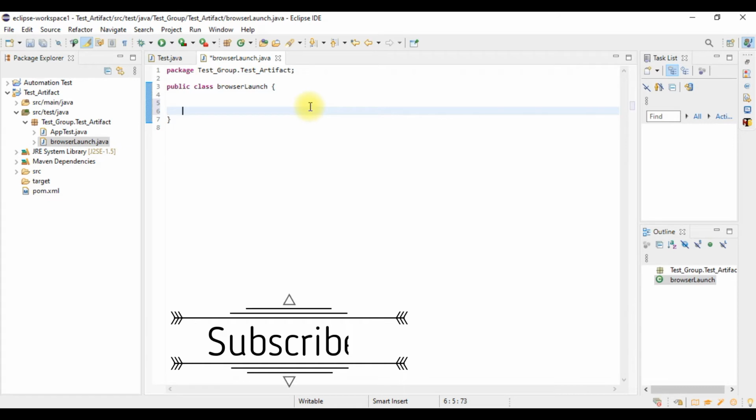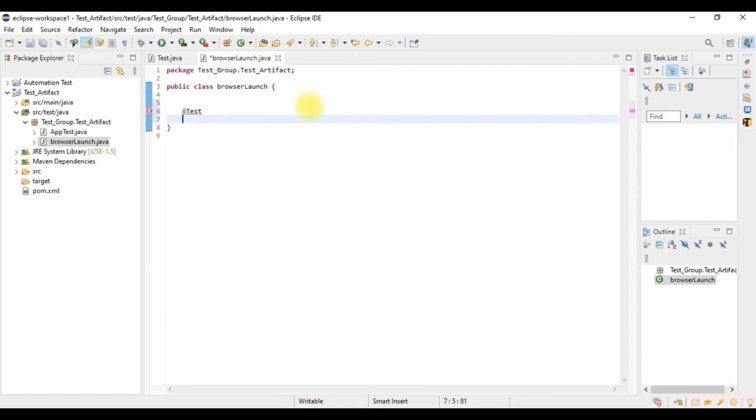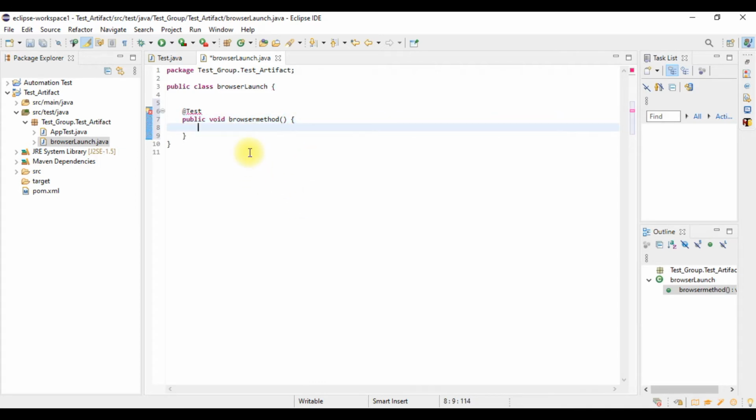So for writing the test case, we have to write @test, and after that we will create a method public void browser method, right? And inside this browser method, we will write our code which will invoke the browser while we run this automation suite, right?